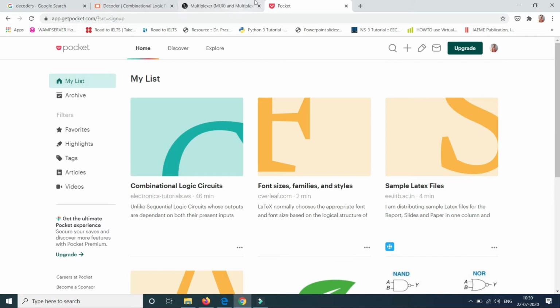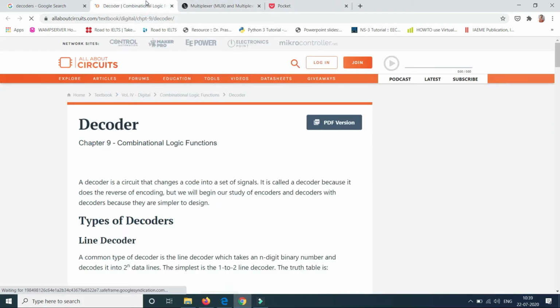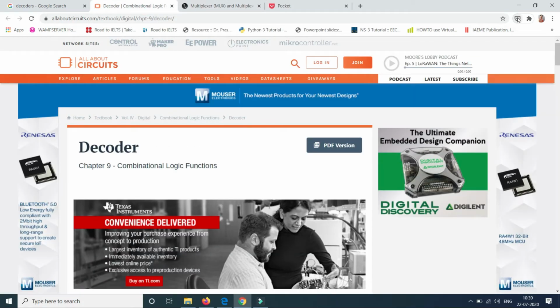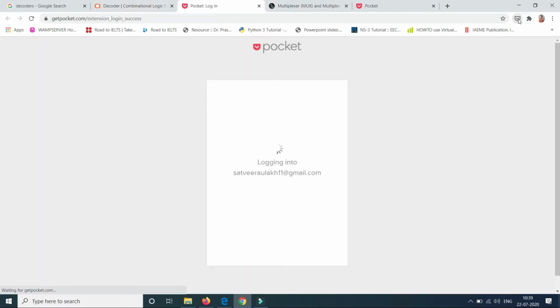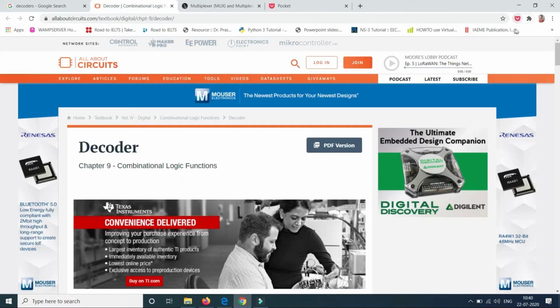The second way through which you can save this: suppose I directly open this web page and now I have to click on this Save to Pocket. It will show Save to Pocket.